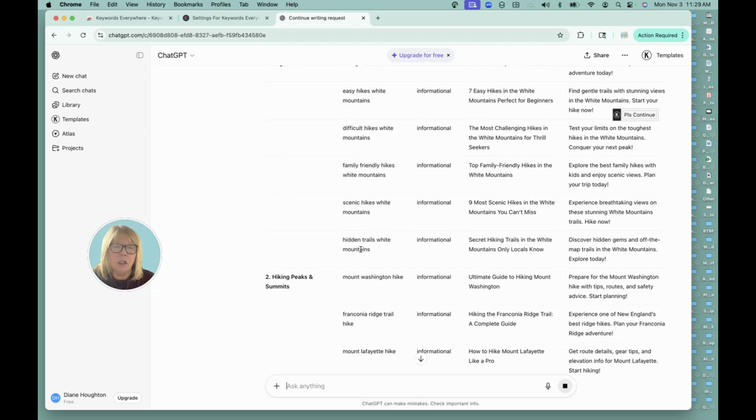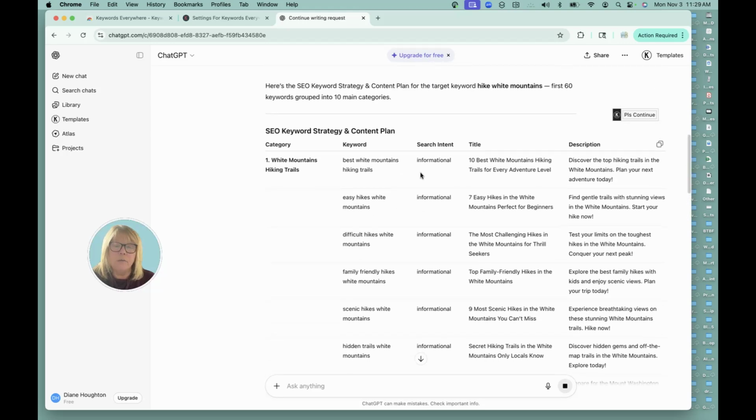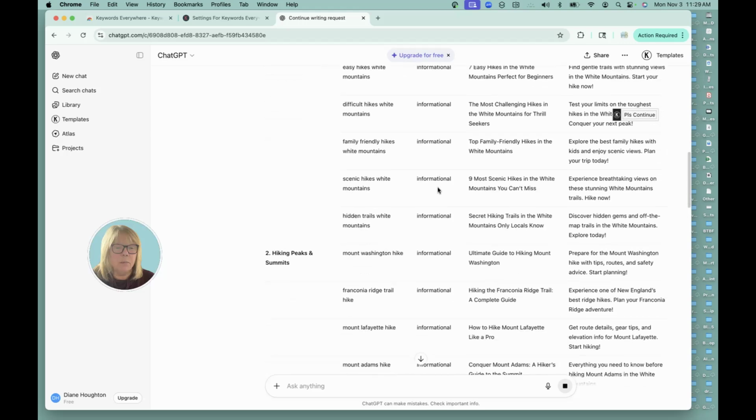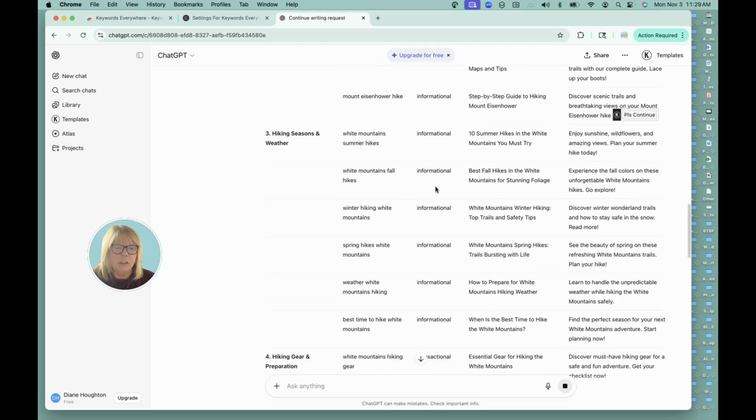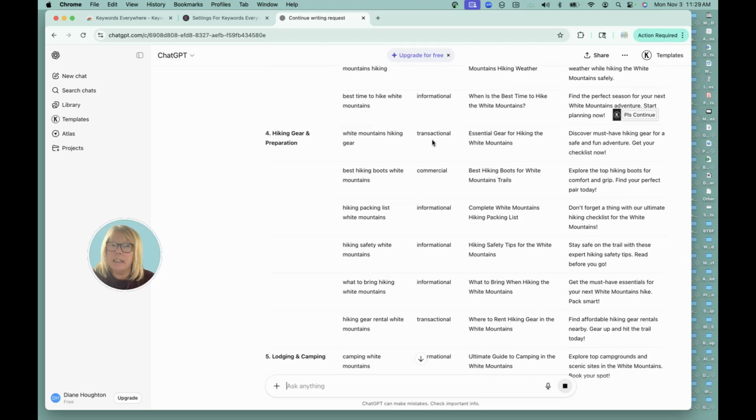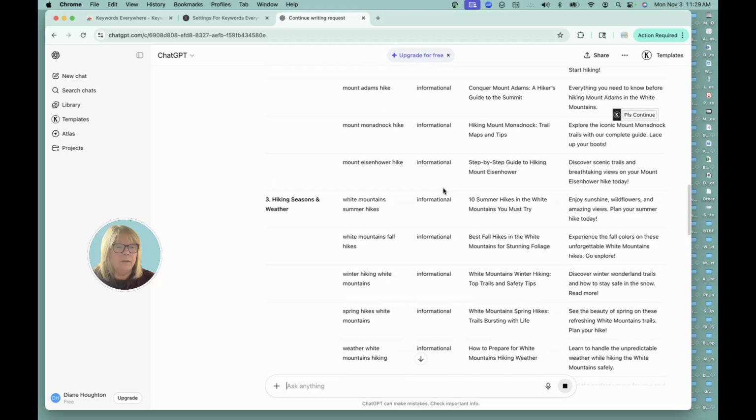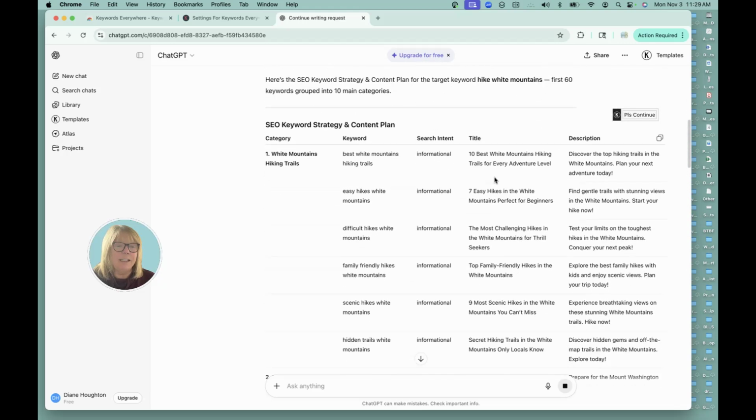These are all long tail keywords. It's giving me the search intent if it's informational, and it will give me others as well. Here's one, transactional, commercial, and it's giving me titles for my blog posts,